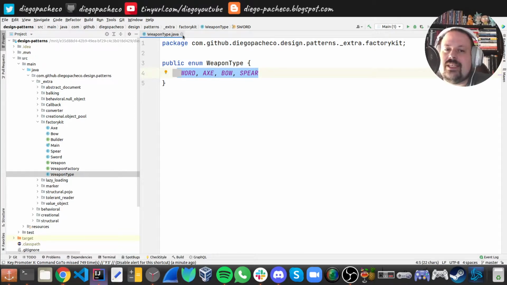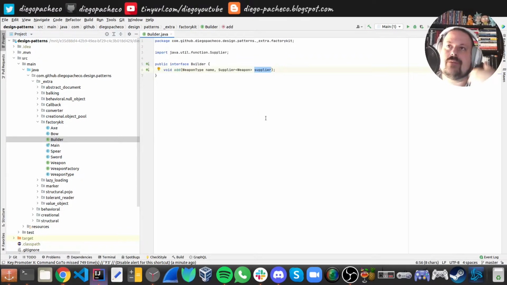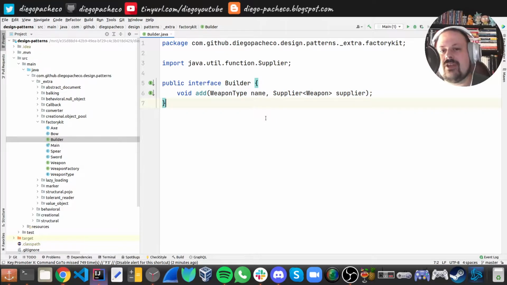Okay, so that's the easy part. Now let's get into the interesting but complicated part, right? So we need to define a builder, so you're gonna be able to build your own weapons given these constraints. All right, so the builder is gonna be an interface. All right, so remember what I said in the beginning, we want to push the factory creation rules to the user. All right, so the user will need to provide builders for us, and the builder just needs to